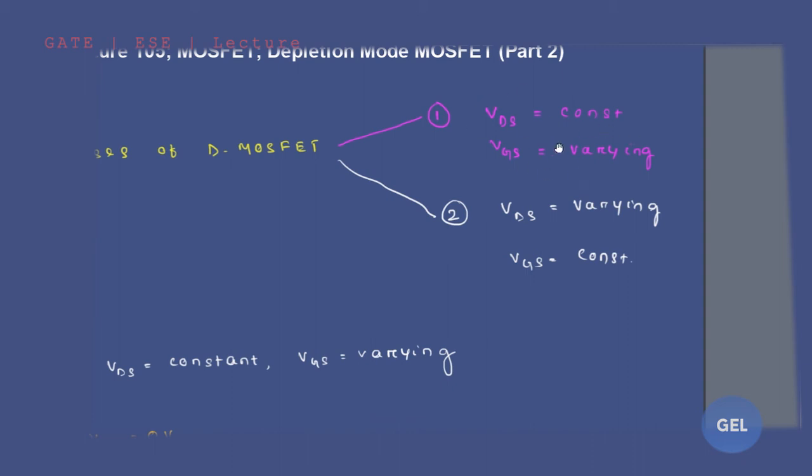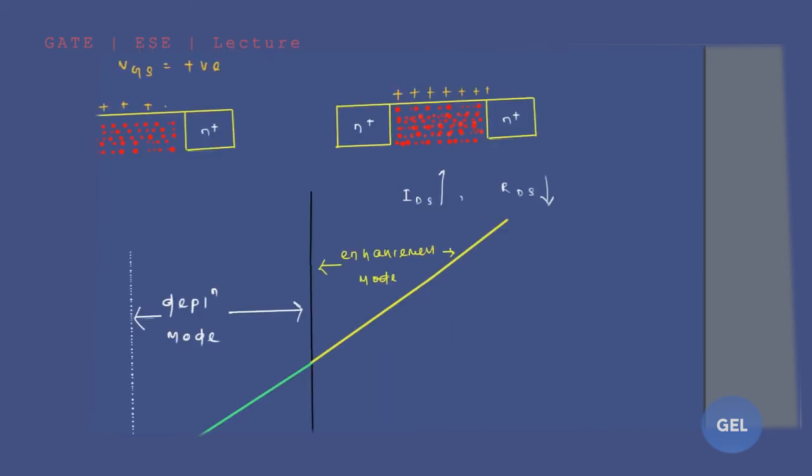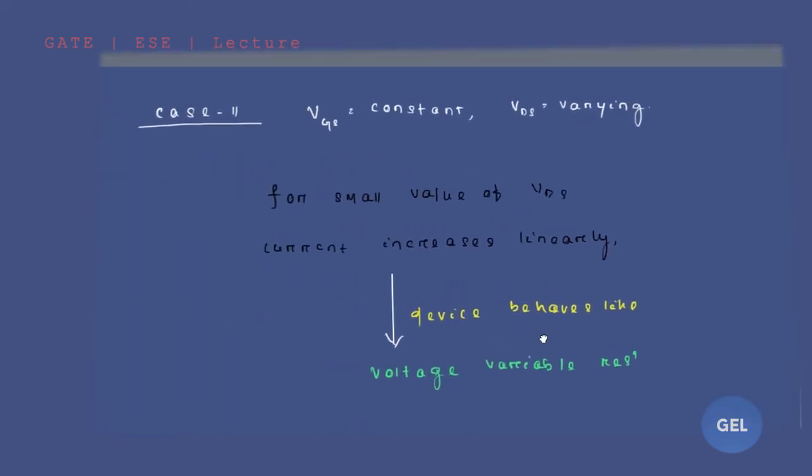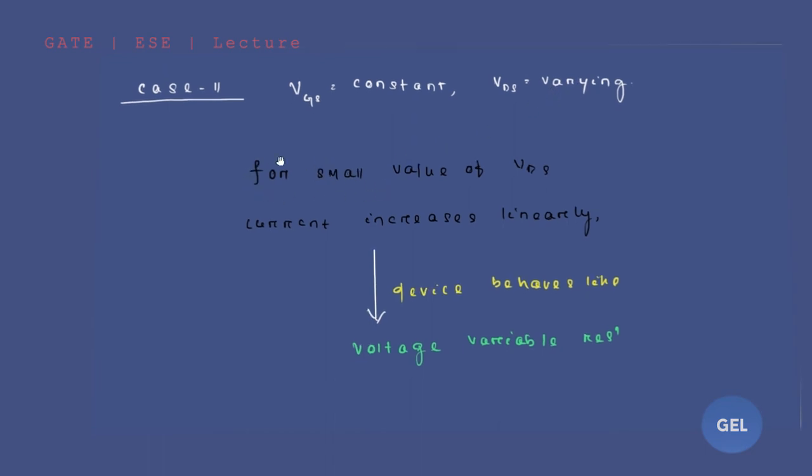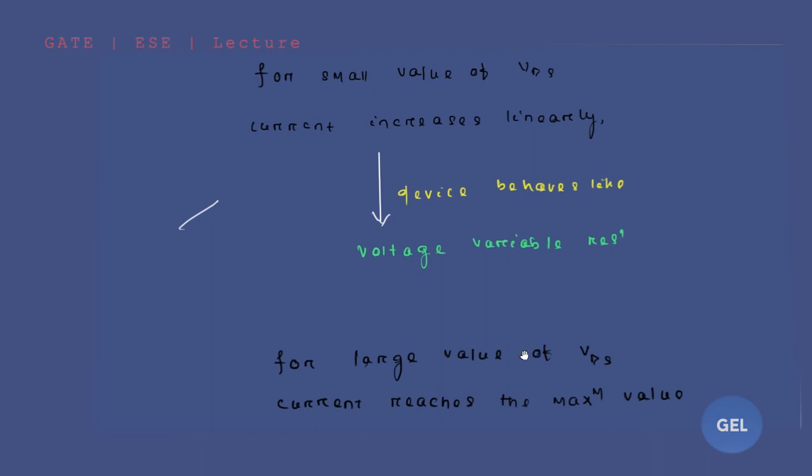VDS is constant, VGS is varying. Now I'm going to vary the VDS value and I'm keeping the VGS as constant. Look here carefully. Now if you do so, if your VGS is constant, VDS is varying, we're going to have the same condition as that of before. For small value of VDS, current will increase linearly first, and in this region device will behave like a voltage variable resistor, obviously. And after that, if you increase for large value of VDS,